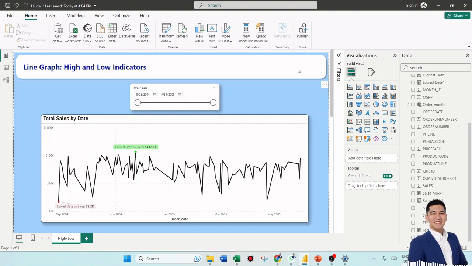As you can see, I have everything set up here in my Power BI. I have sample data here with a very simple visual, just total sales by date, and the stars of the show over here, you have this indicator specifying that this date had the highest in terms of sales and this date had the lowest in terms of sales. And I think a trick like this really enhances your storytelling and helps emphasize key dates or segments in your